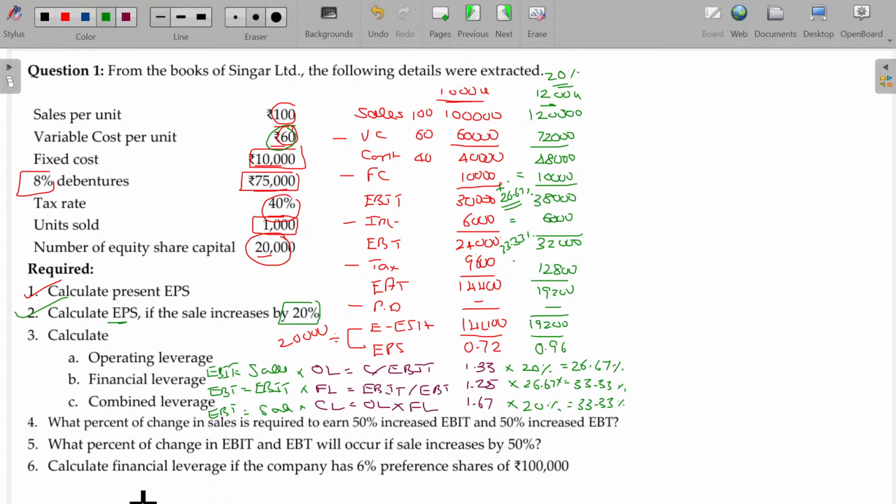Thereafter, constantly varying. So here you see 33.33%. One third. 0.72 with that one third, if you apply, you will get 0.96, I think. Right? Hope you will be able to understand. So it is not only to find out EBT, even for the EPS also the same formula will apply. Is that okay? Because these things are proportionately changing.